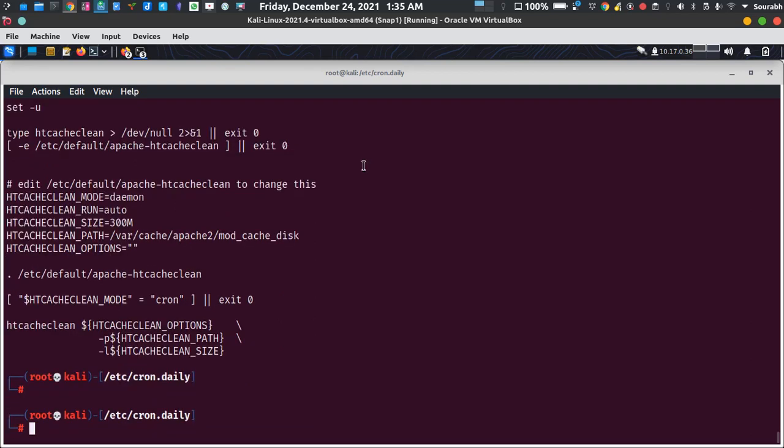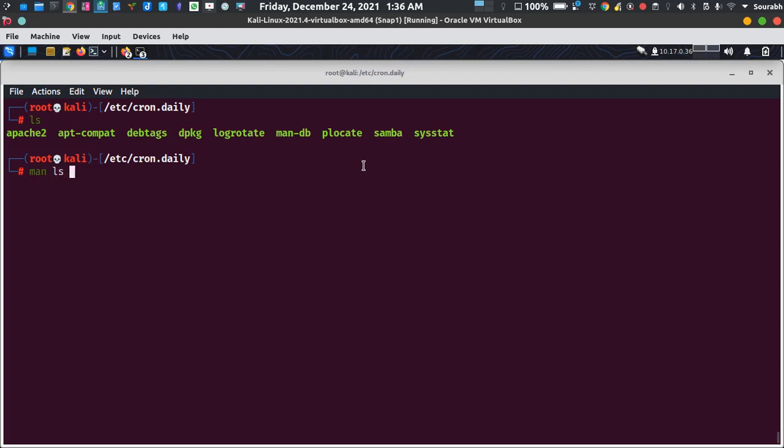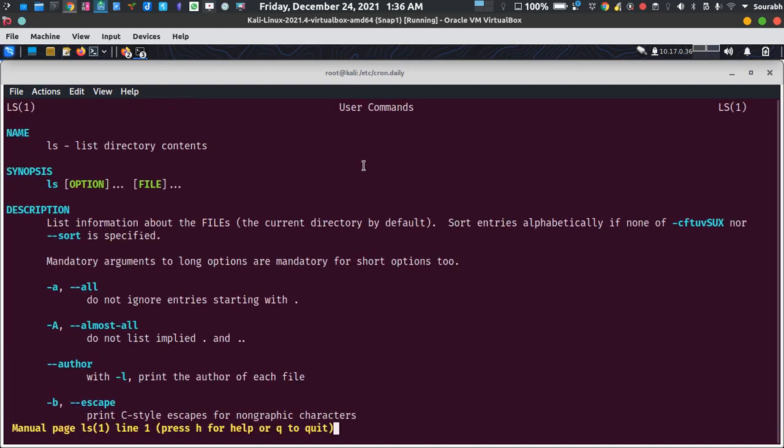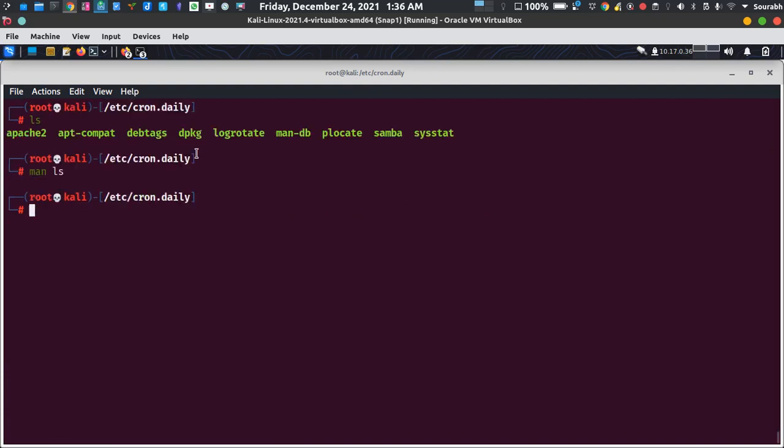If you don't know about the man, let's just say you want to know about the command for listing the directory, ls, for listing the current directory. It's going to show you all the directories which are installed on a computer. Let's just say you don't know about that particular command. To find the instruction for that particular command, we use the man page. Man ls, it's going to show that it is a command for listing all the directory content. Okay, yeah.